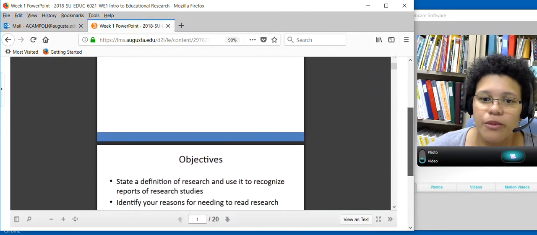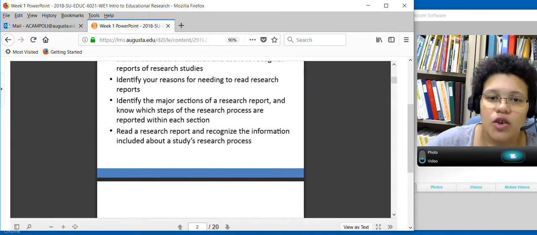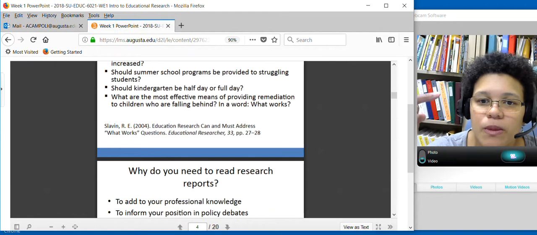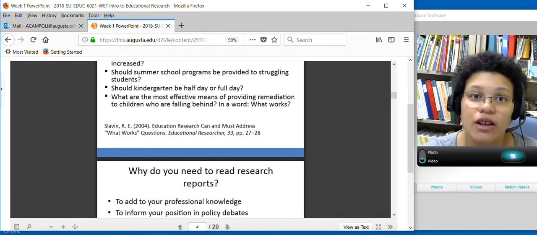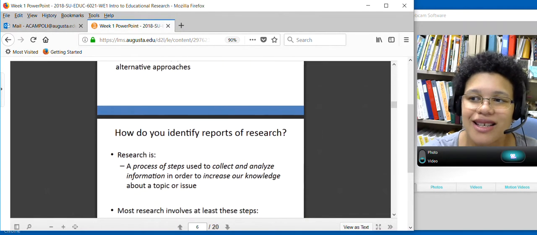You can also just read it, go through the slides within D2L. Okay, download, you can look at it directly in PowerPoint. And that is sometimes helpful if D2L is glitching on you.